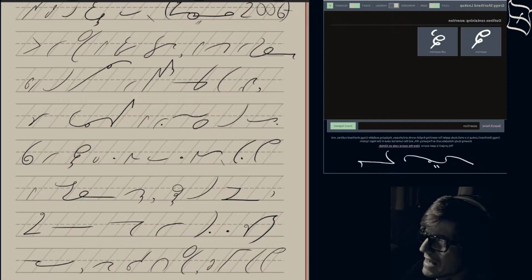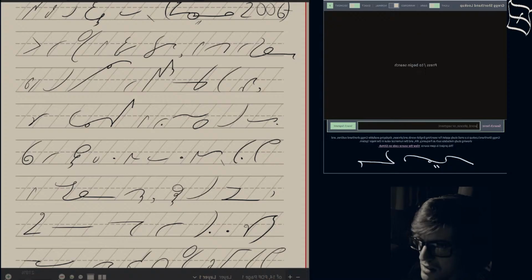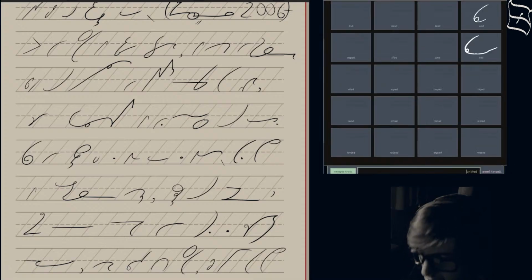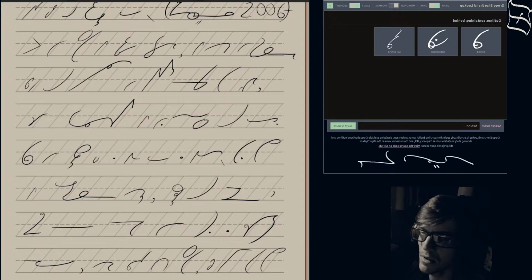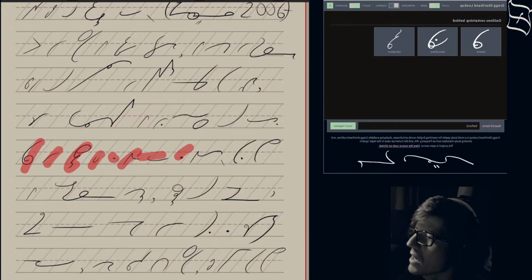I need to check behind. I'm pretty sure it's that simple. Yep, that's behind. Behind the assertions of a text or a